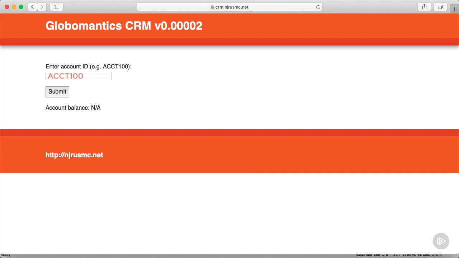Let's test account 100 again, which is a valid account we expect to return a balance. And naturally, let's test Nick123, a non-existent account. Okay, it's invalid. Let's head back to the shell to check the logs and see if anything changed.